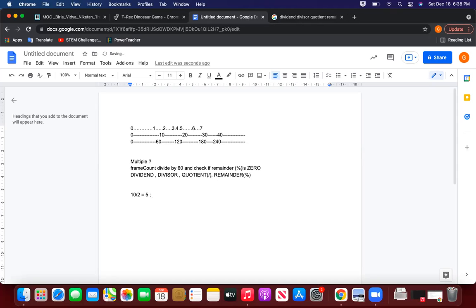But if I say 10 modulus 2, what would be the answer? It would be 0, because the computer will look for the remainder.